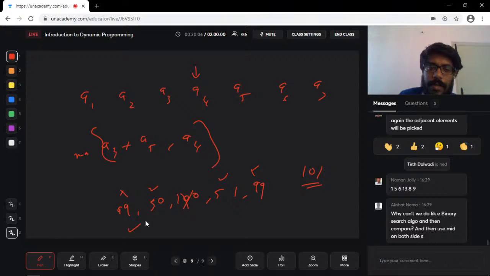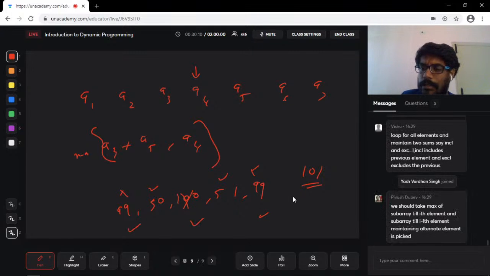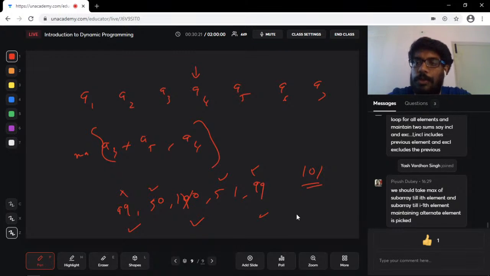Why? The actual maximum is 99 plus 100 plus 99, which is going to give me 298. So this also fails. So there are a lot of such approaches which fail, and